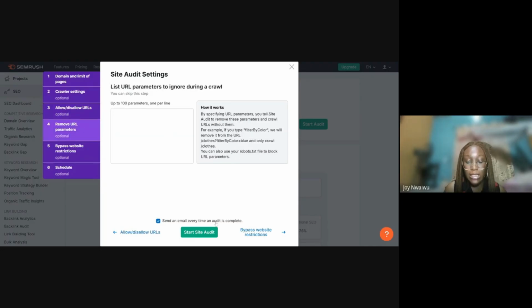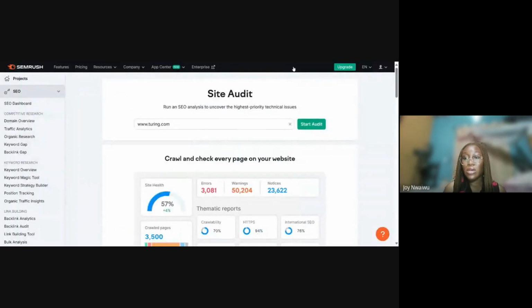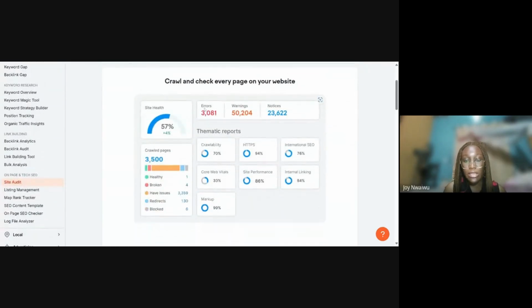And once you start this SEO audit, it will take you some time, but they'll send you an email once it's done, and you'll be able to see, for example, here, okay, what a demo audit would look like. They'll show you where the errors are, what the warnings are, and you'll be able to trace it down to maybe the page speed, or maybe the mobile responsiveness, and various other things.